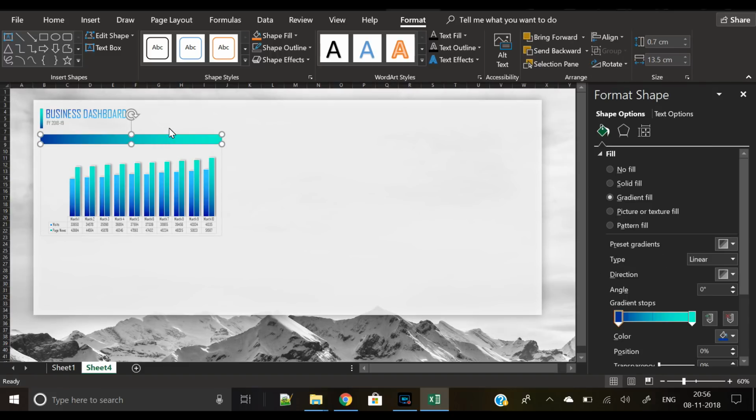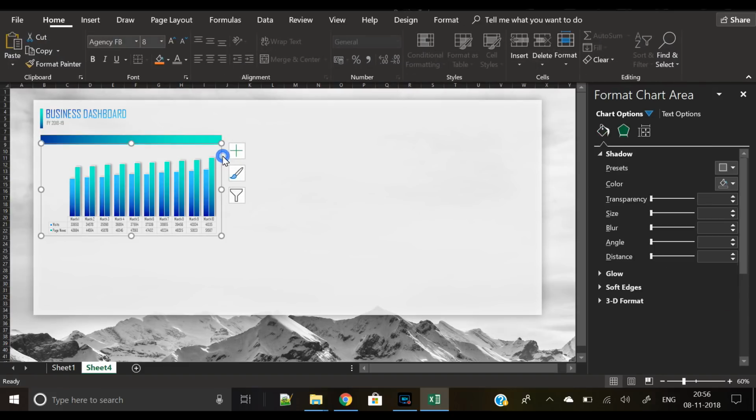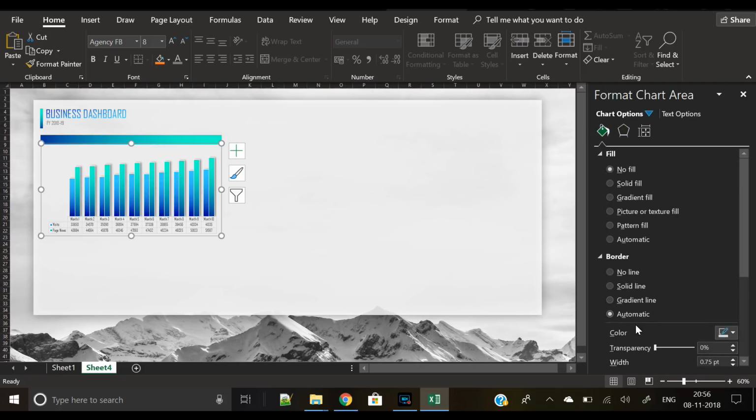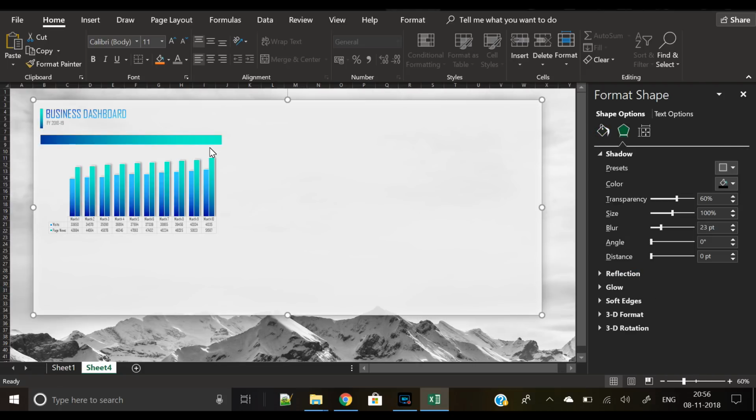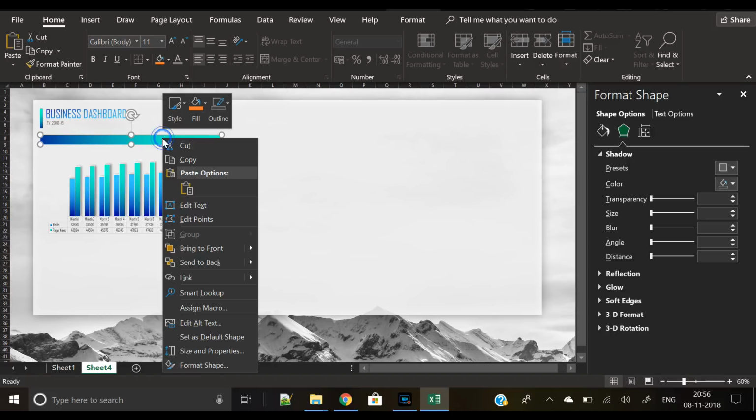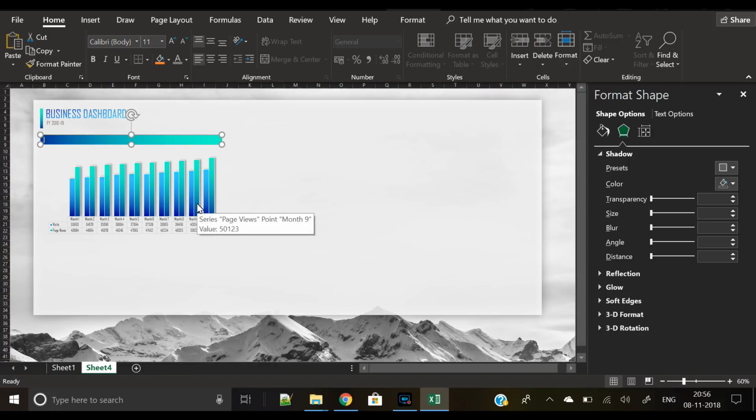We have to make sure the gradient is from dark to light, from left to right. So dark gradient stop on the left side of the rectangle and bright light color on the right side of this rectangle. Now we have inserted the text here,